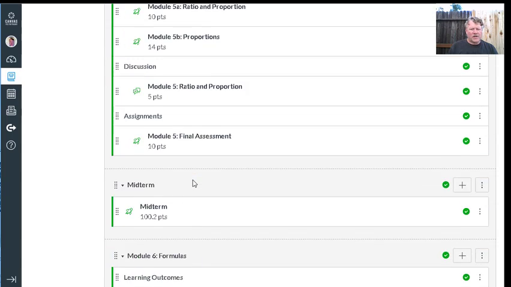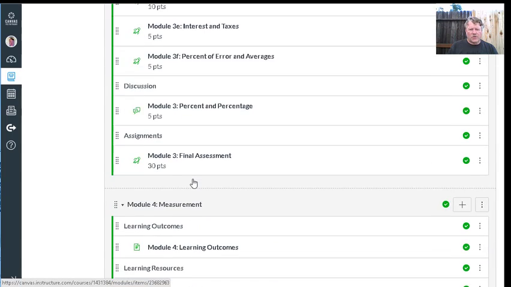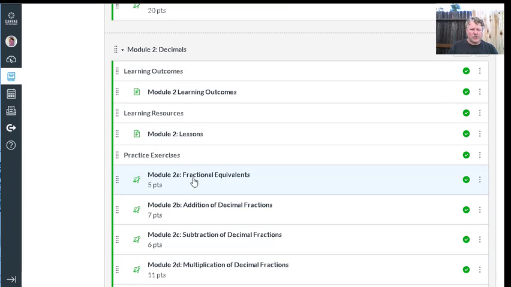Clear and measurable learning objectives. If we move back to, say, Module 2, let's look at Module 2's learning objectives, which are here at the very beginning of each module. The first thing you see is the learning outcomes,